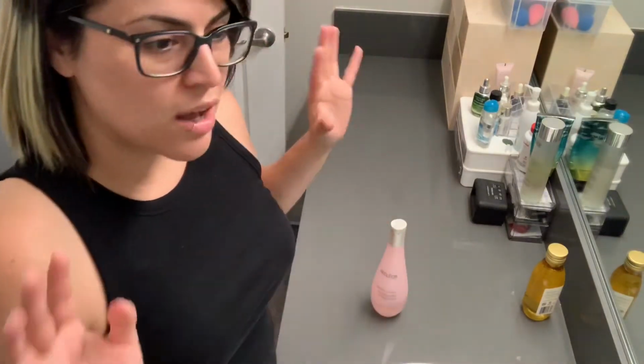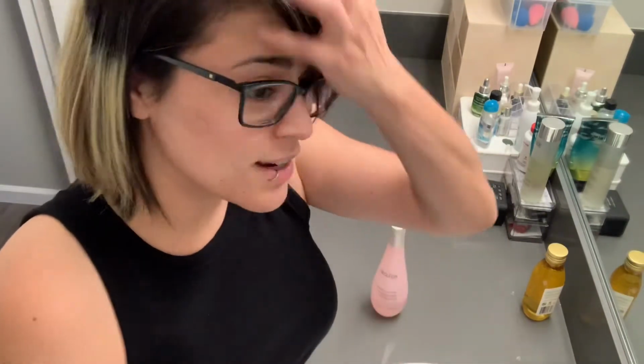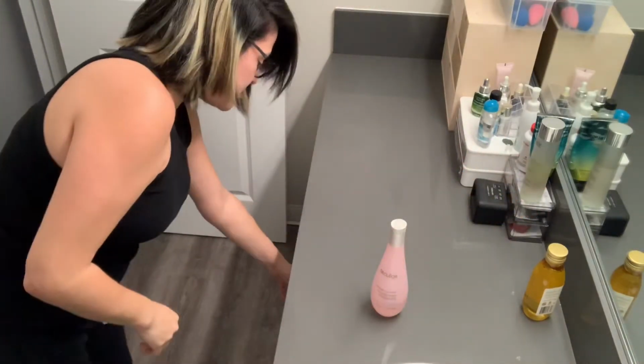I also know just off the top of my head, because I reach into it constantly, that I have a lot of hair styling products, but I only do 2 things to my hair. I flat iron it and then I put a wave in it, and that's it. I don't curl it. I don't do anything. So with that being said,